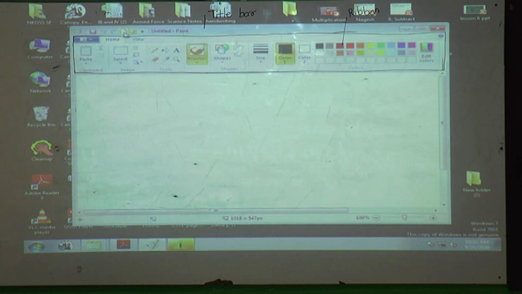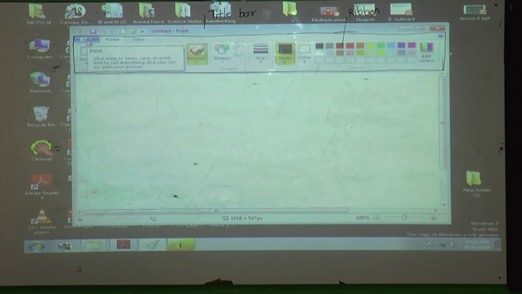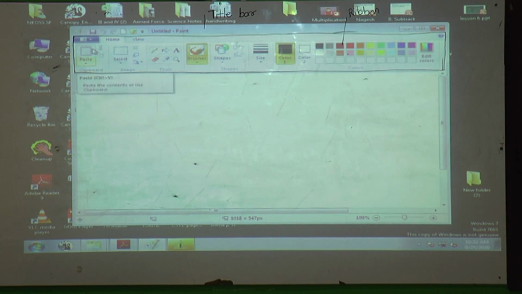Open option, this new option, means this Paint button has these options, but instead of using this Paint option, directly we can open from here. Directly we can save from here. Why? Because of the quick access toolbar. We will see here, if you want to take a new file, then we must go to Paint, then new, right? But instead of going that way, if we press here directly, then we will get a new file. Okay, what is the use of the quick access toolbar?